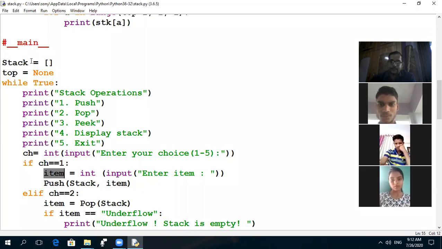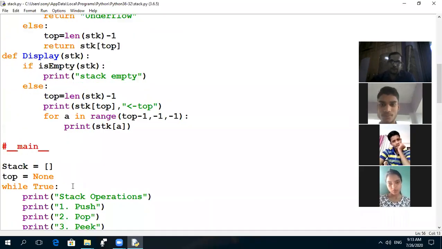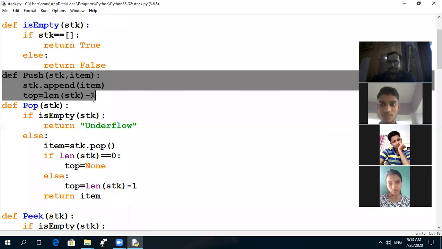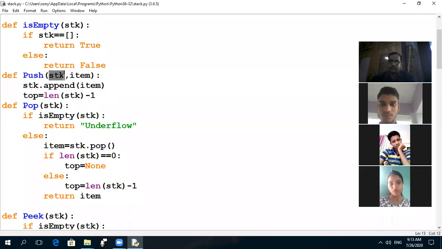Stack, this time the stack is empty. The value of stack is an empty stack, meaning an empty list, comma, then the item value is 10. So we are passing these two parameters in the function push. This is the calling part. Now the calling function goes to the called function, meaning the definition of the function. The value of stack goes to the stk variable, that means an empty list. Then the value of item remains 10. Then stk dot append. You know very well why we use the append function.